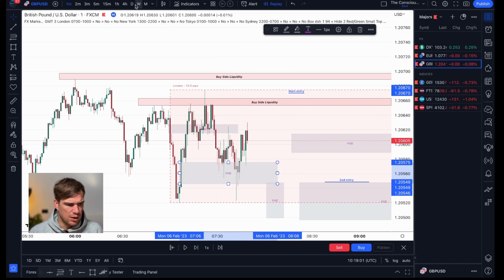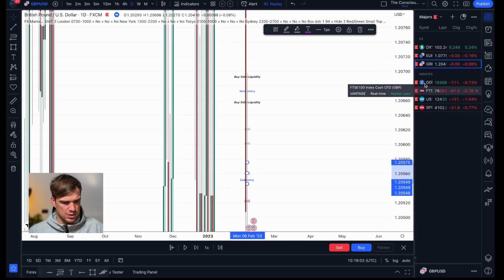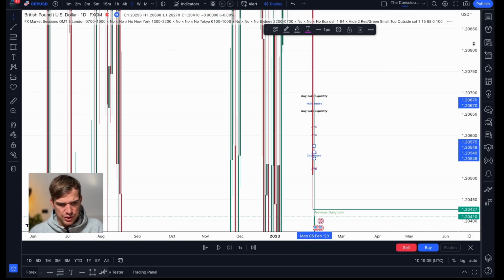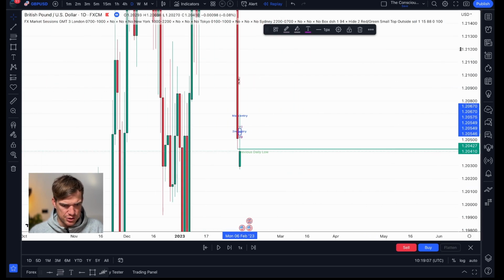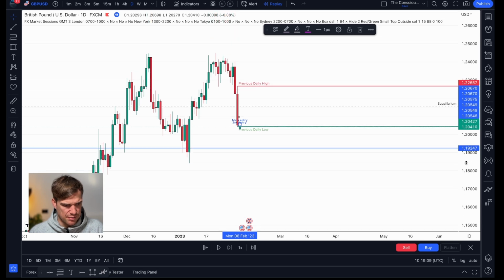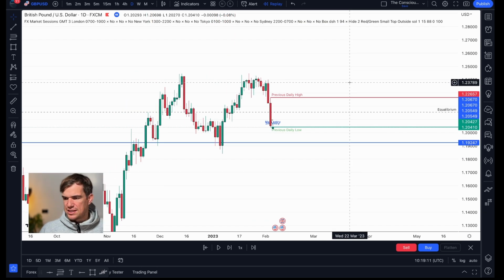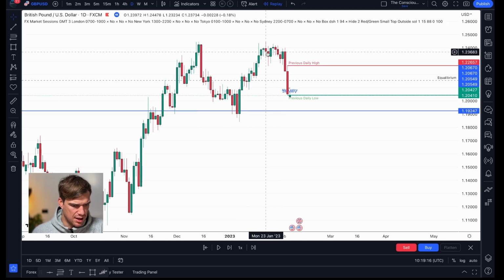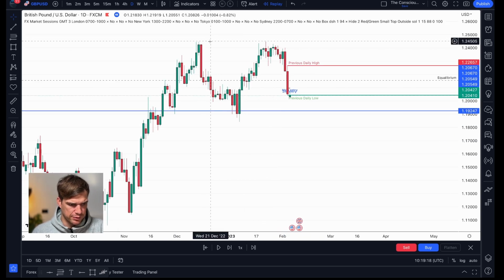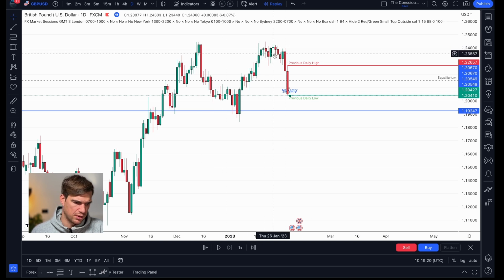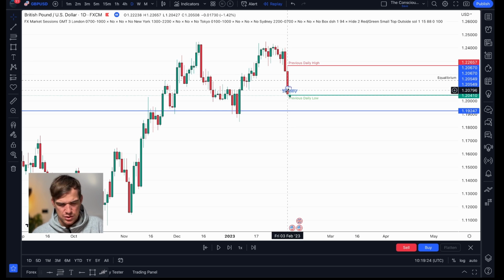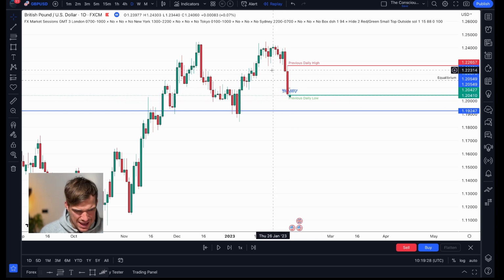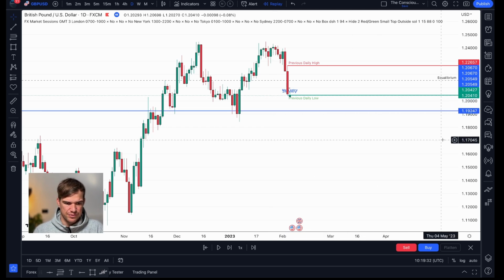And what I did, I went onto the daily and I was like, okay, so I want to long the pound dollar. And like I showed you, we had the analysis from the dollar index. But I was looking at this, and if you look at the market structure, we've created this double top here. And now the price is heavily pushing down with two red candles from the NFP. Has this move stopped? Is it finished? That is the question for today.